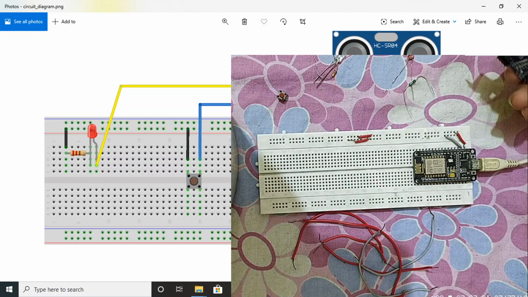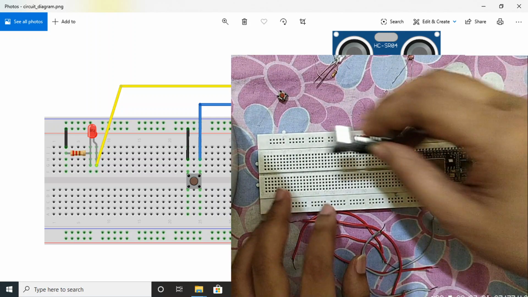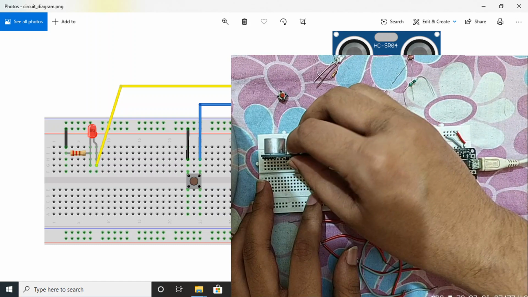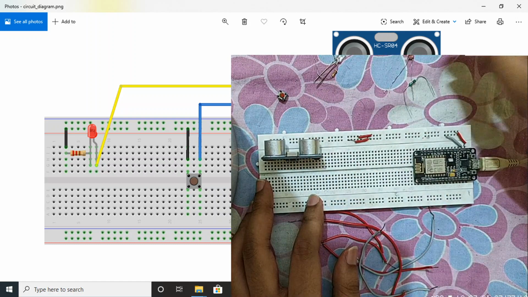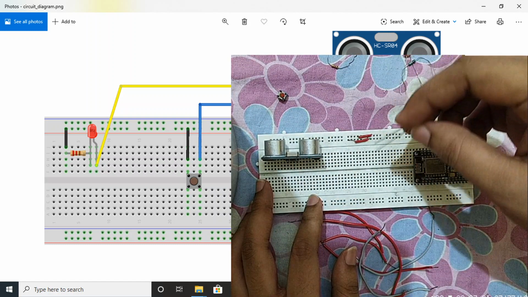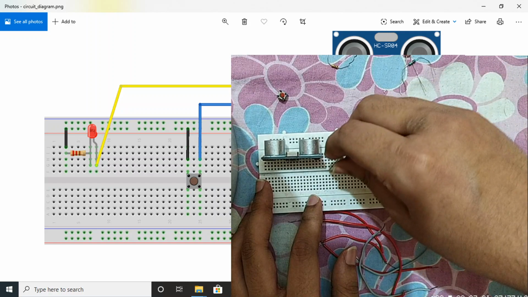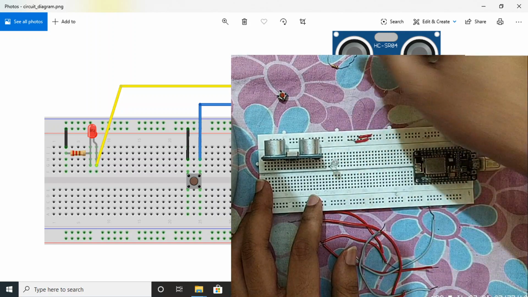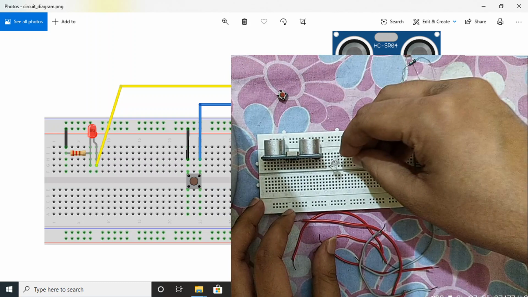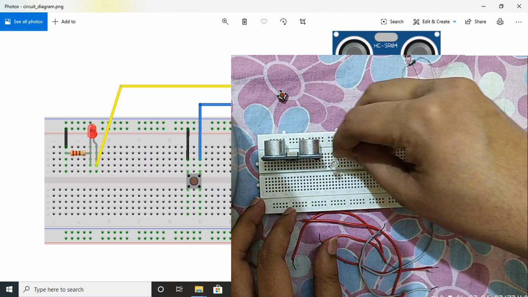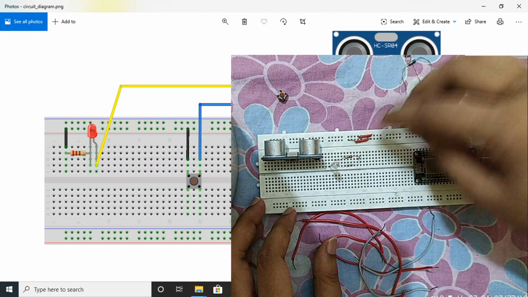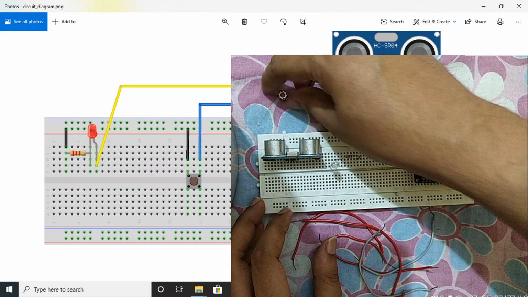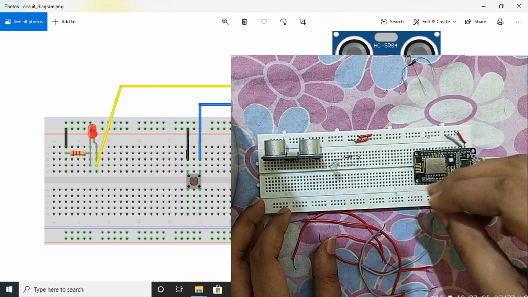So first you need to place this, and this push button will basically behave as the panic button.